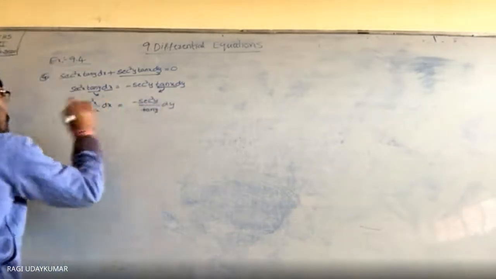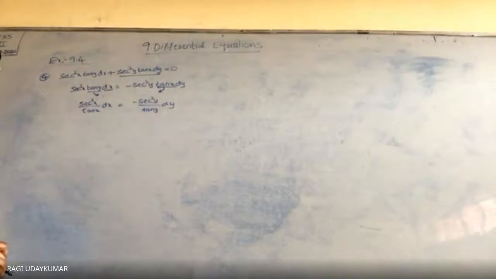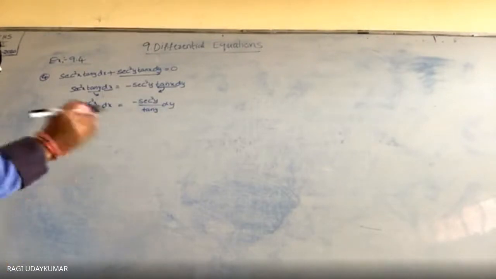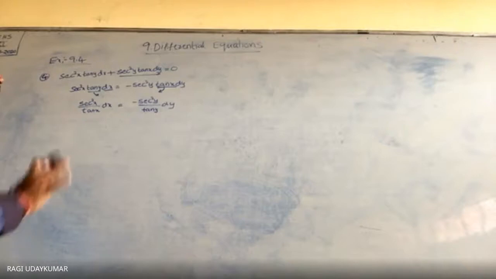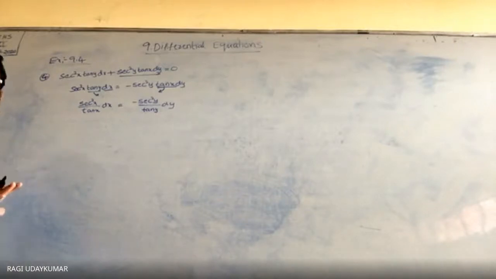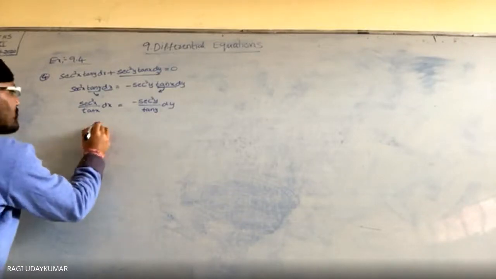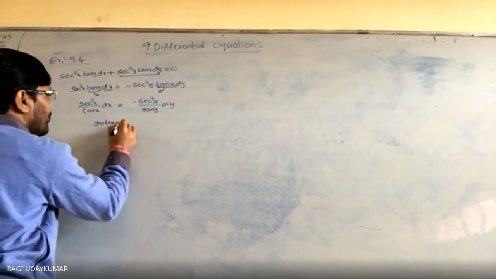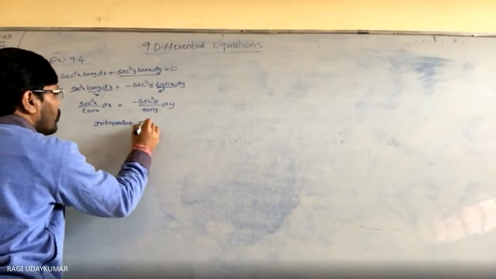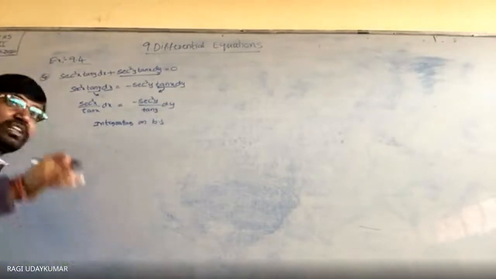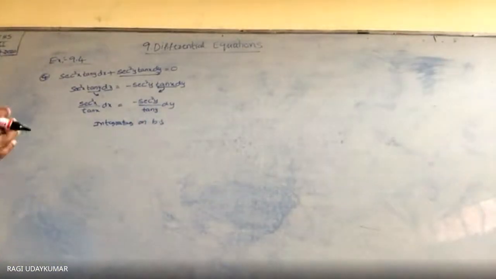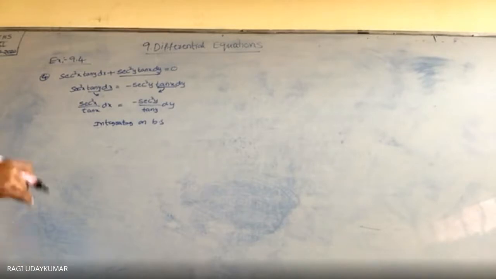Now again you can transform to the right hand side, or you can keep it like that also. Now x and y are together, okay? So now integrating on both sides. See here, sir, if it is not possible like this, the variable separable method is not applicable. So the problems which can be separated like this, only those are applicable here.